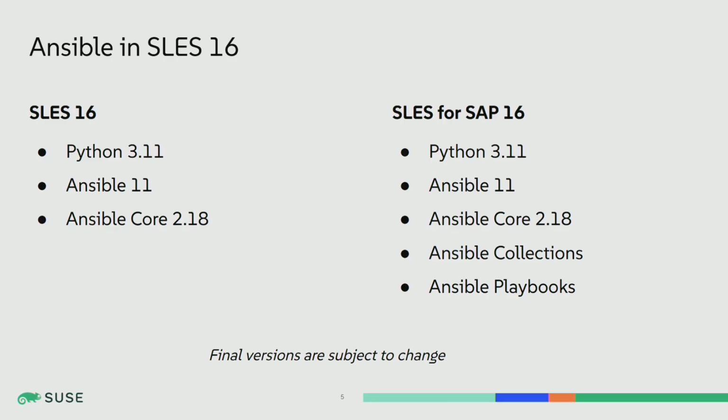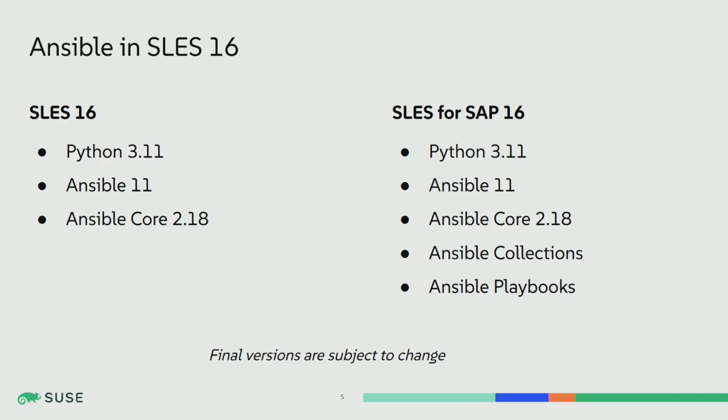This is an important screen. Please take note of the small note at the bottom. This is the current state, and it can still change before we get to the release, because as you know, with Python releases, you never know. And there are still some open discussions happening about what version is being shipped, because there are a lot of libraries and other plugins that are tied to Python, which have to be tested and approved. So currently, what we have scheduled is Python 11.